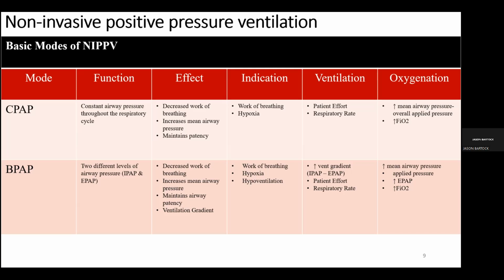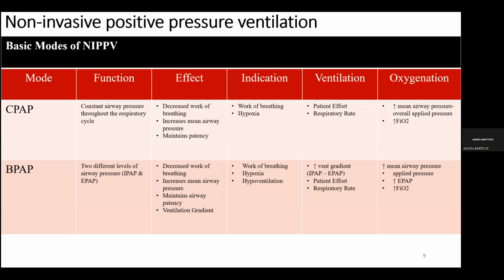So that's a lot that I just said without being able to draw that out or show it to you on the BiPAP, but just use this as a working table to think about your application for whatever titratable outcome you're looking for. Think about the function, the effect, the overall indications, right? How am I going to ventilate that patient, and what is the best way to ventilate that patient? You'll have much more,